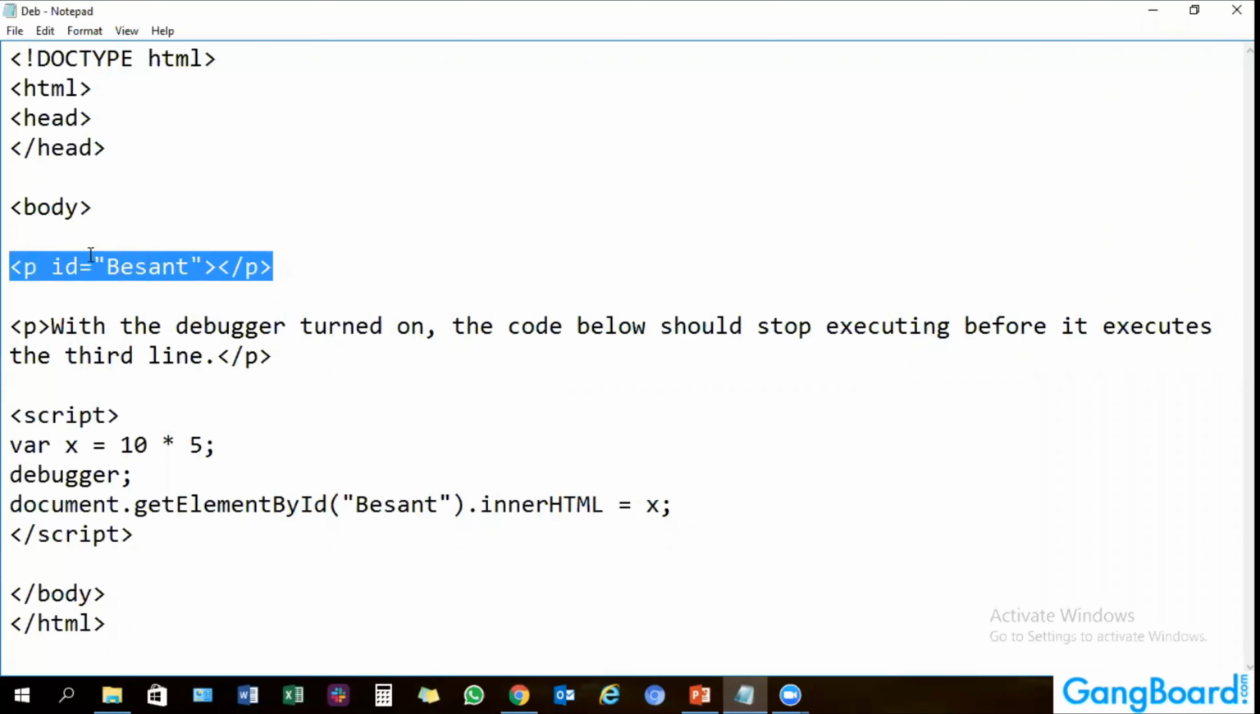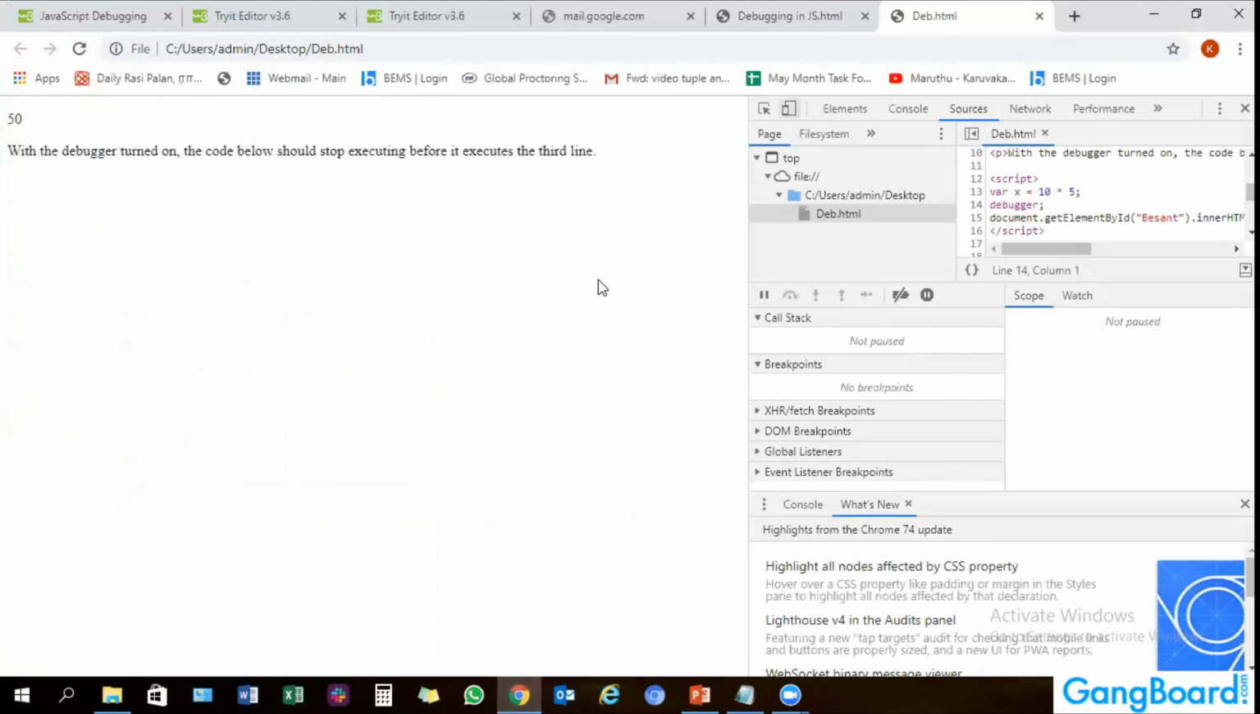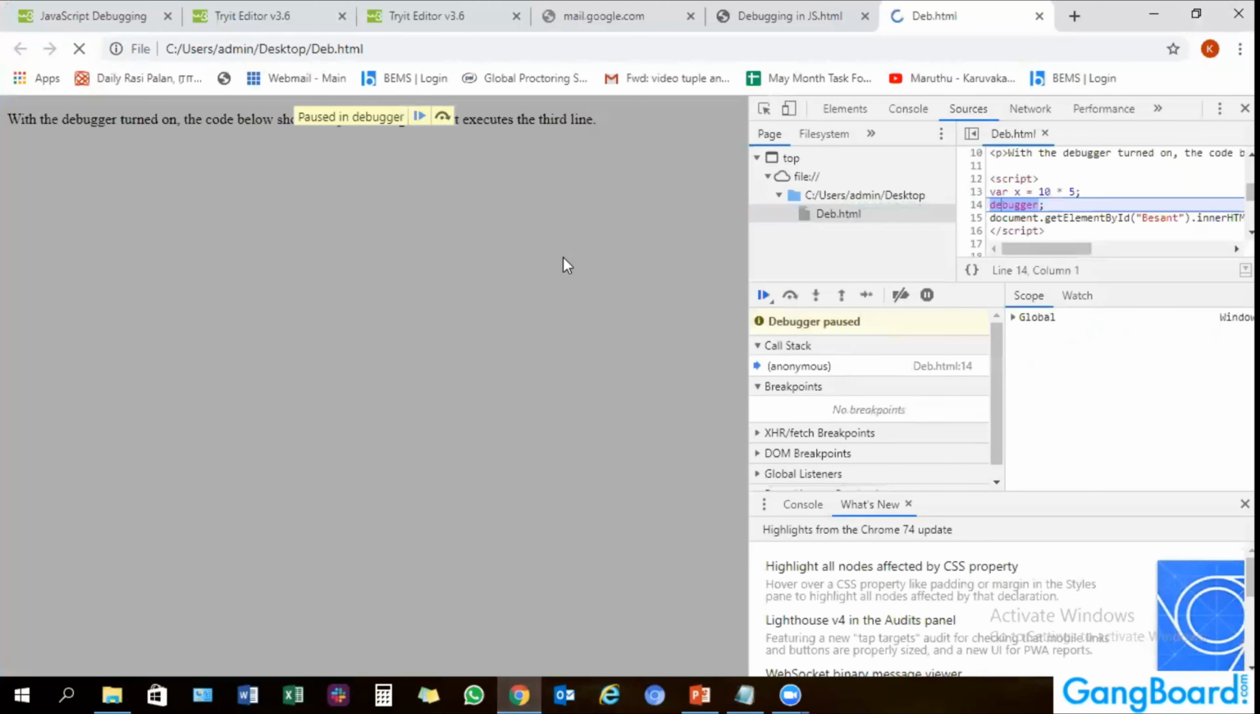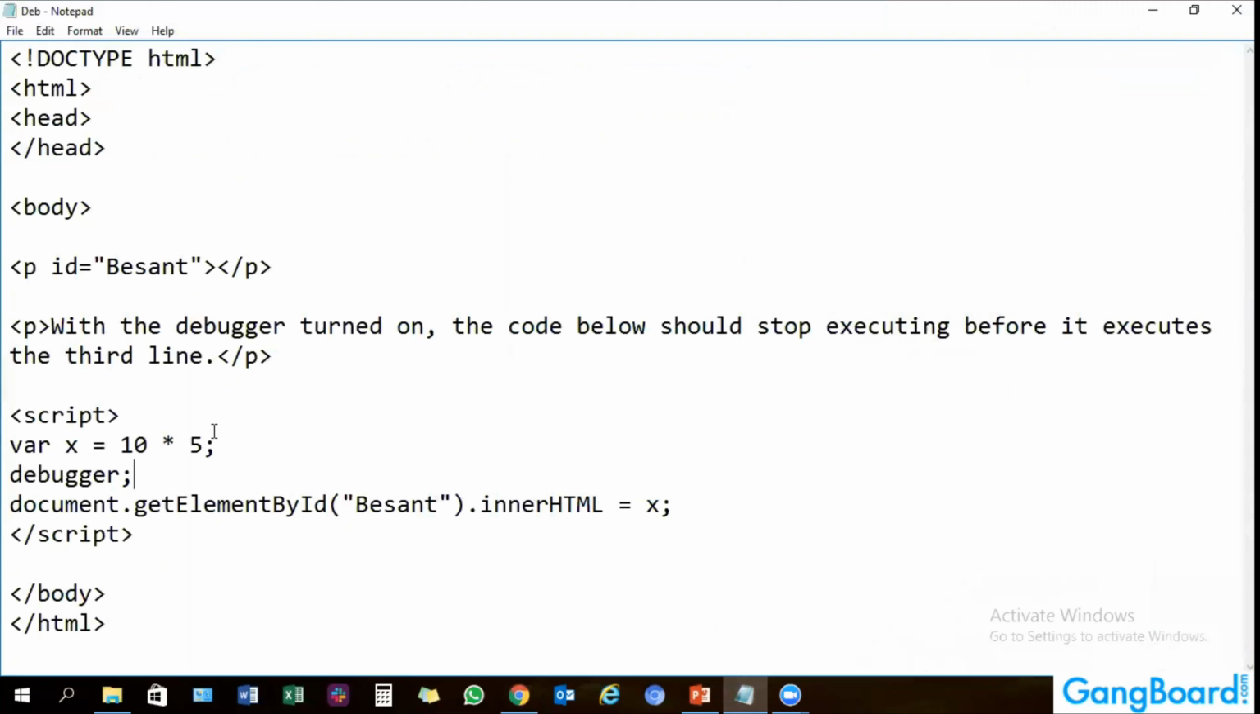Here I used the ID is present. If the ID is same as get element ID, I will get the output like 50. Suppose if the ID is changed, I got the error message like this and I will not get output. To debug the error,